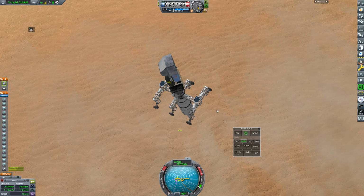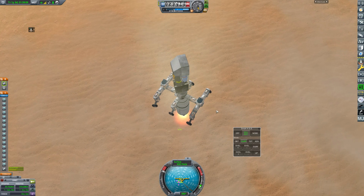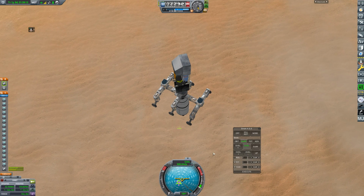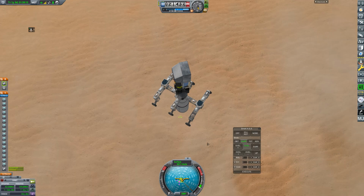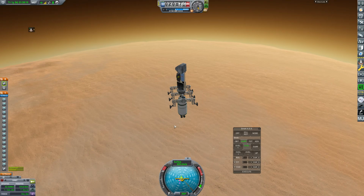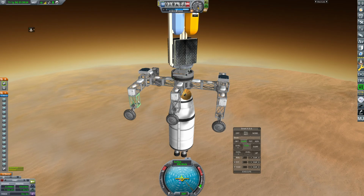And a little corrective burn here is not a terrible concept. But what's our target velocity looking like? Yeah, that looks good. Okay, so let's move this over to surface mode. And we're just going to bring this in like this. Now, we could jettison this fuel. That is an option. We should probably retract this antenna, but I don't think we're going to have an issue